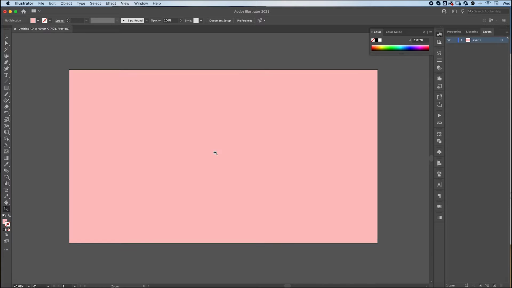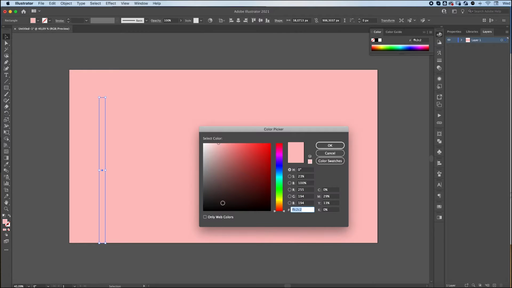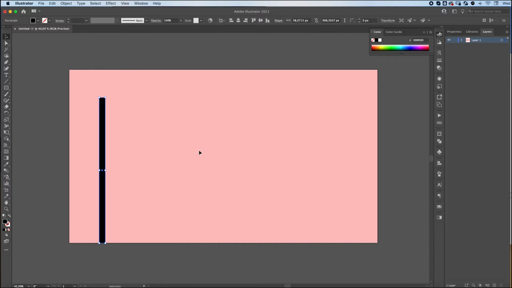Right. Grab the rectangle tool again, and we're going to make a rectangle kind of like this. We're going to fill it in with whatever color we want. It's not important for now. I'm then going to make my top of the arrow, so I'll get my pen tool for that, and I'll make a triangle on top, kind of like this. I'm going to select both of my shapes,